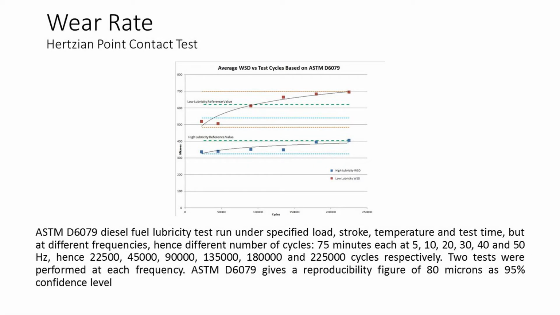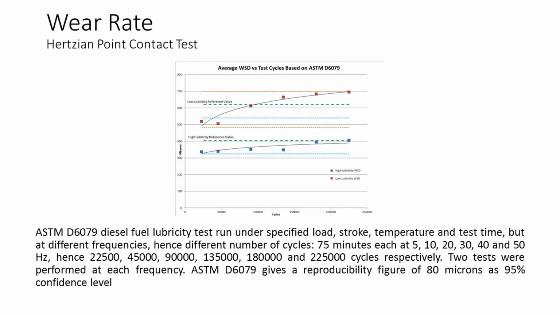This example shows what happens if we run the ASTM D6079 diesel fuel lubricity test procedure under the specified load, stroke, temperature and test time, but at different frequencies, hence different number of cycles. Tests were run for 75 minutes each at 5, 10, 20, 30, 40 and 50 Hz, the latter being the standard test frequency. The number of cycles per test was therefore